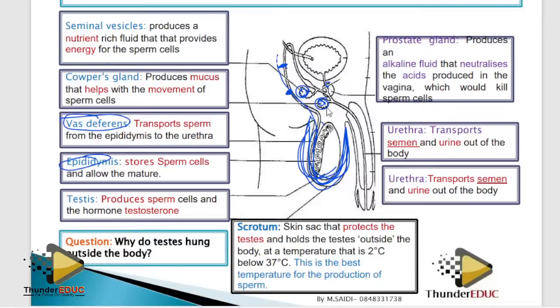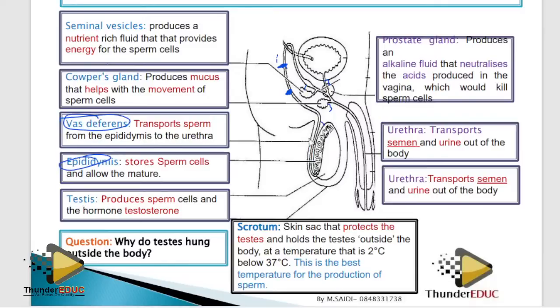Hey, how do we call these glands? The three glands, 1, 2, 3. We call them accessory glands. But sometimes when we bring it, people don't know which one is which. Okay, use this technique to know these glands.